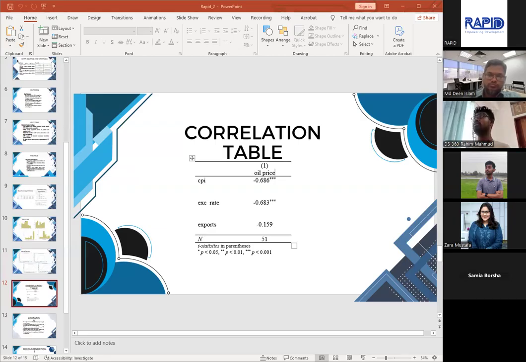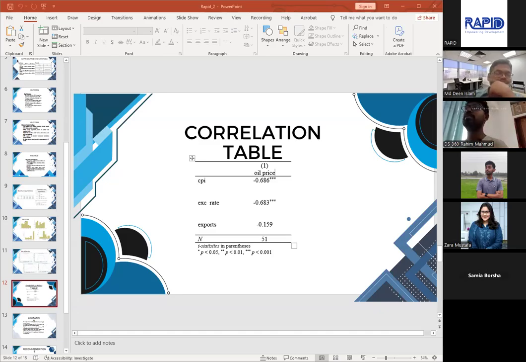Our results show that crude oil prices have a meaningful relationship with the consumer price index, exchange rate, and exports. However, none of the correlations are excessively high, indicating that serious multicollinearity is unlikely to be present. Therefore, all the variables can be included simultaneously in our econometric models without creating serious estimation problems. This analysis provides preliminary evidence of the relationships among the variables before conducting ARDL, NARDL, and VAR and SVAR analysis.